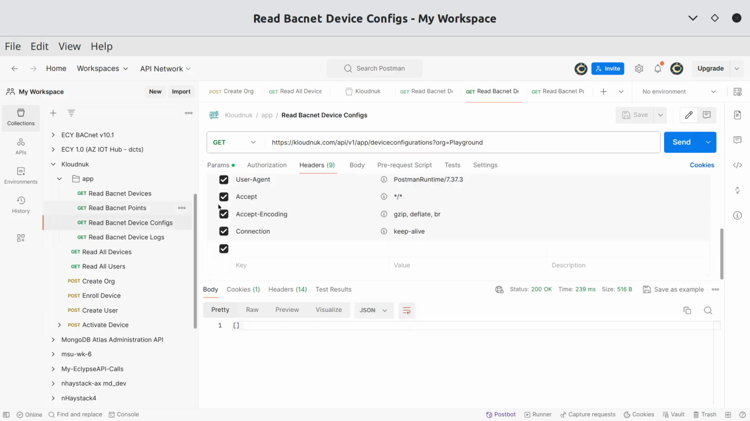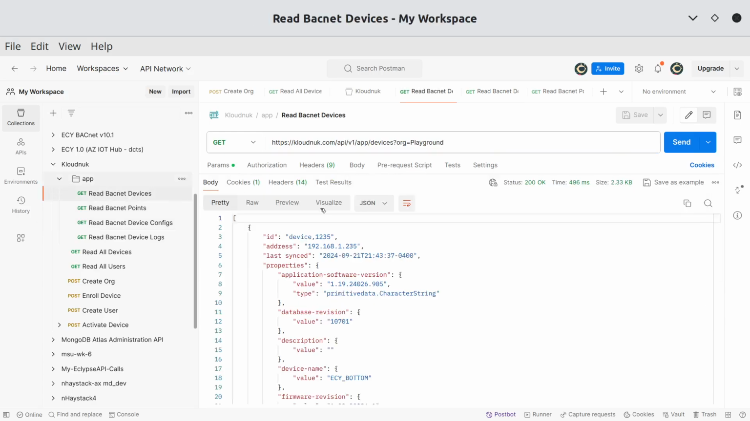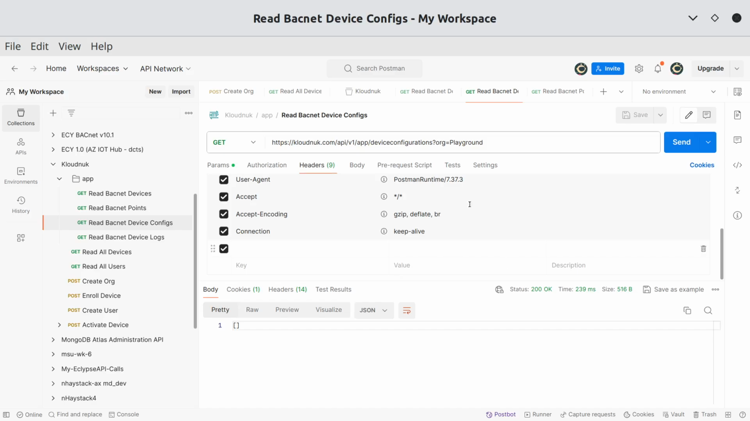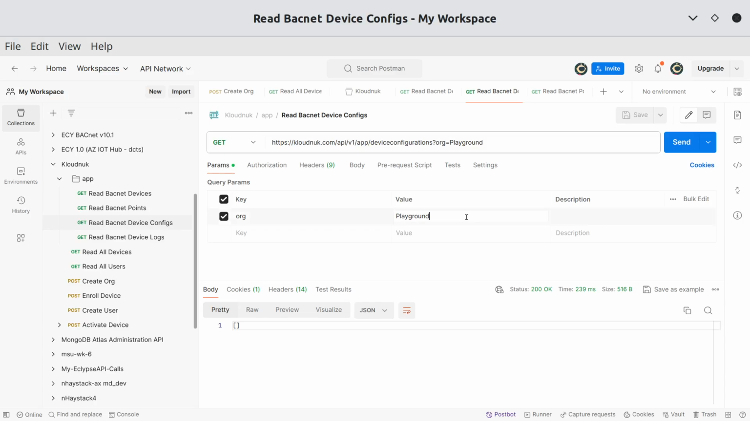But interesting. I think we should be getting something by now. Definitely was expecting to get device configuration. Just a parameter. Oh,